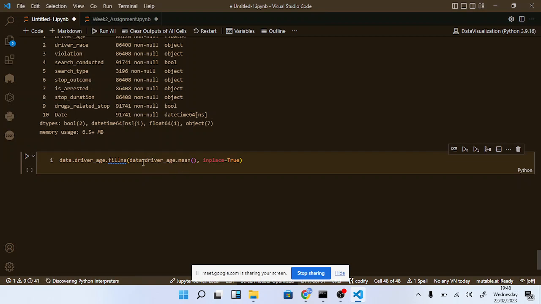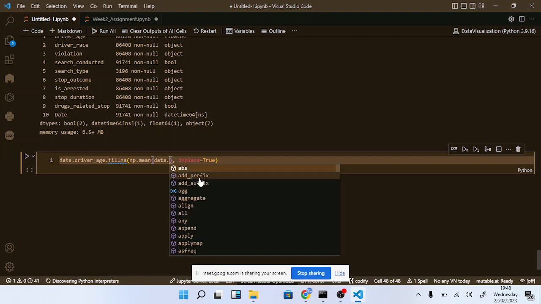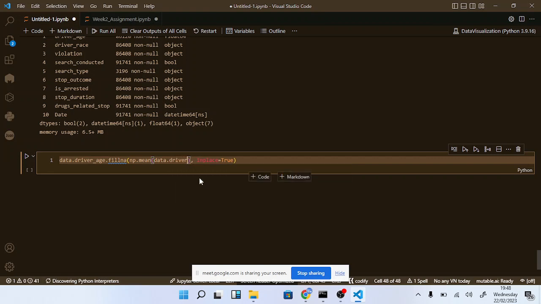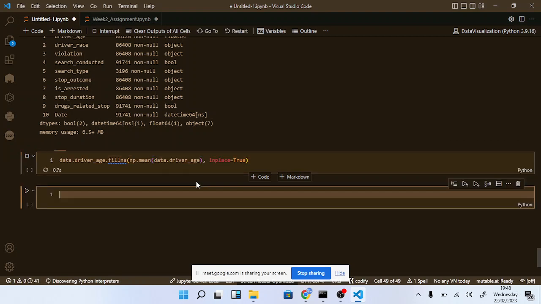So you can use this way, or you can use np dot mean, and then inside np dot mean you pass the column you want to find the mean of, that is driver age. Yes, so if I run this,